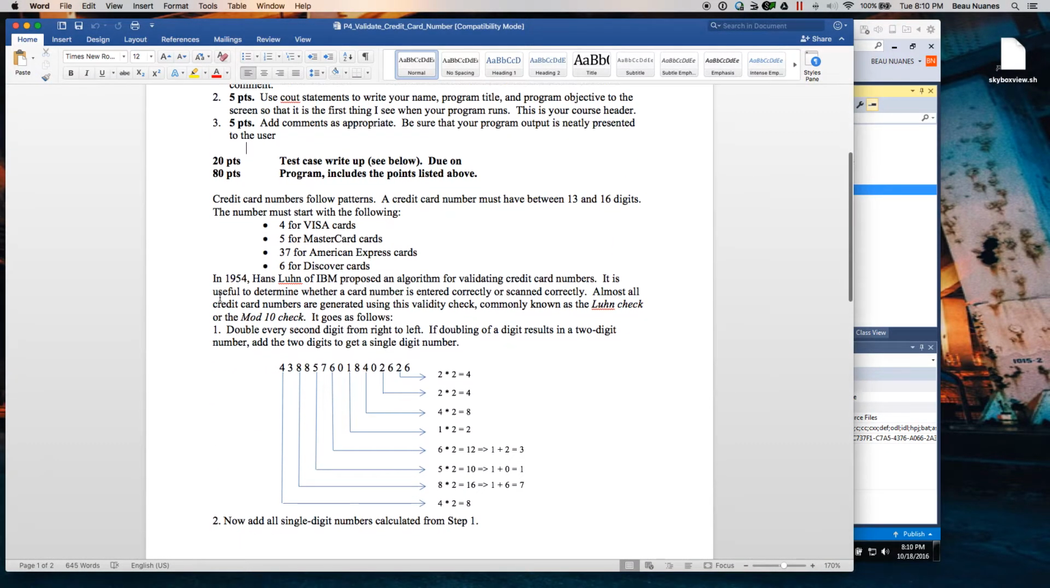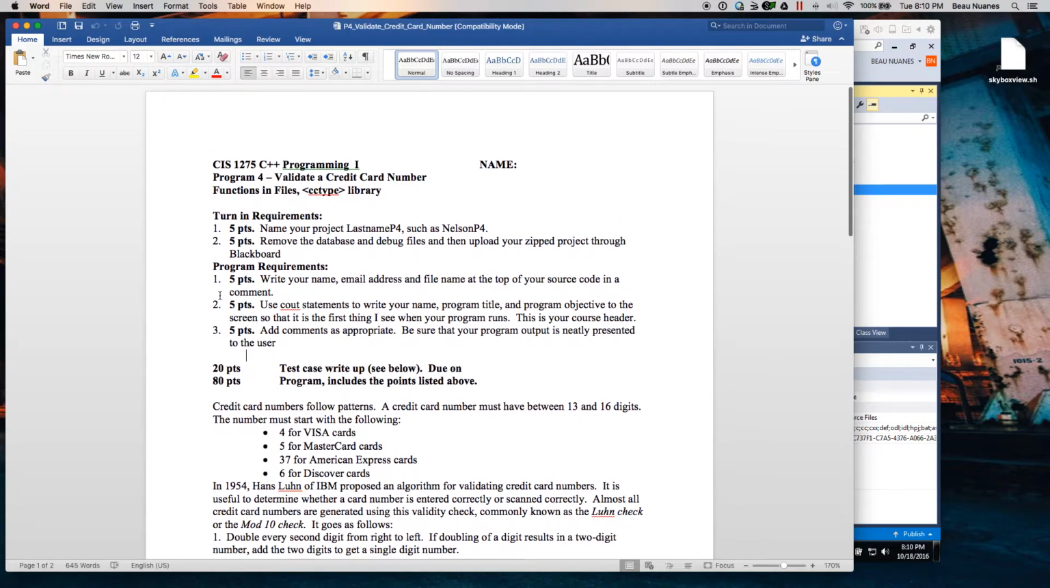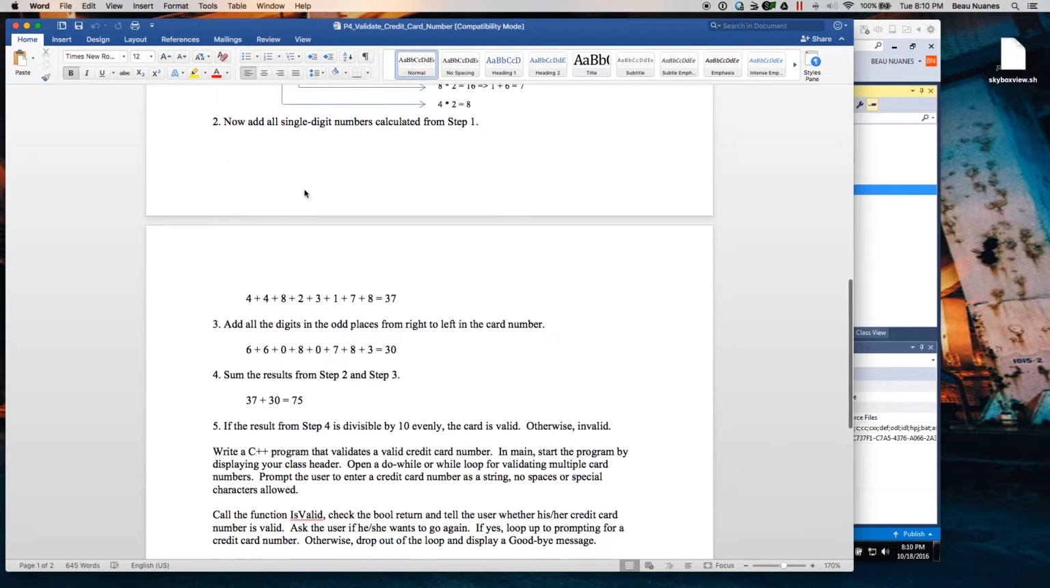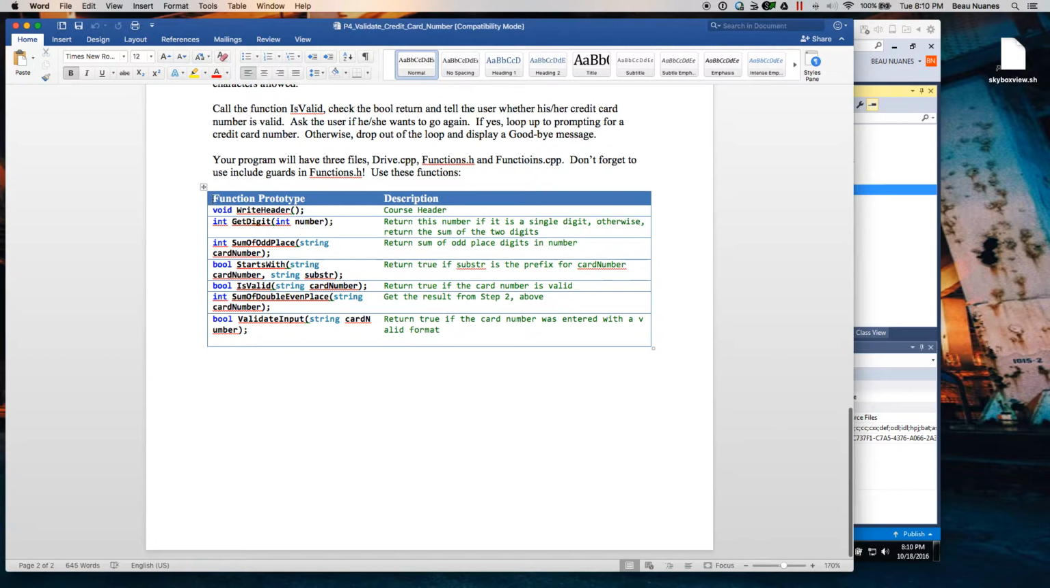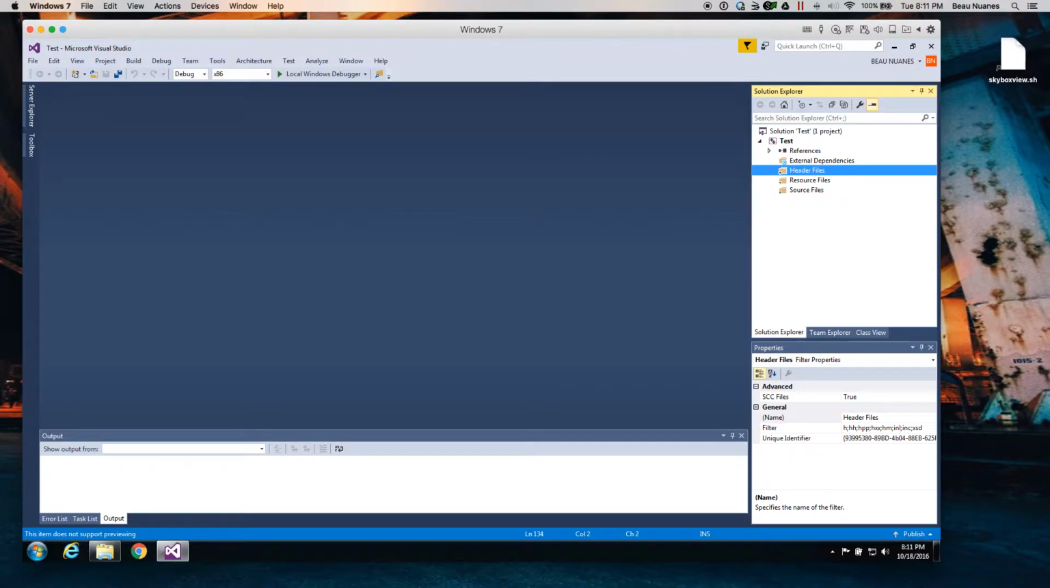a credit card validation program, and you're going to use functions and then CC type to get this done. And notice that we actually give you the function prototypes in the program here and give you a description of what they do. So you can literally take this and put it directly into your .h for the program. So what you're going to want to do, and